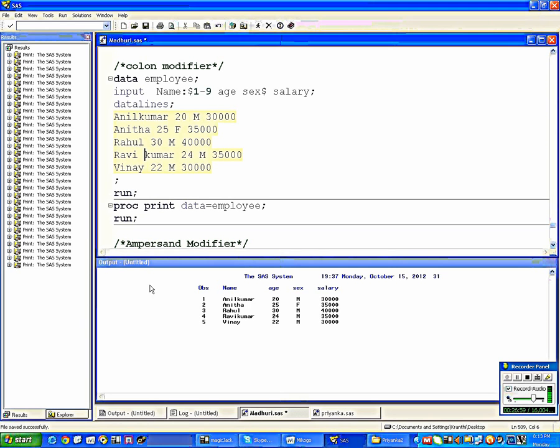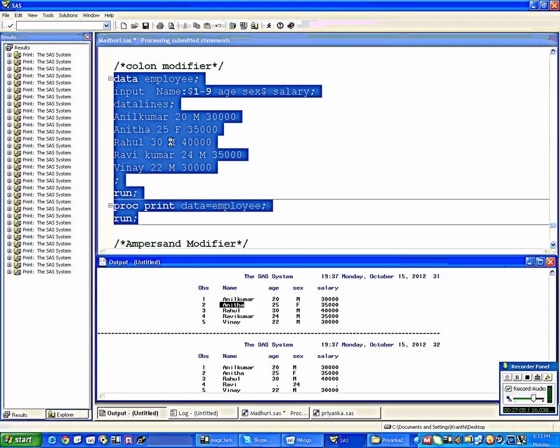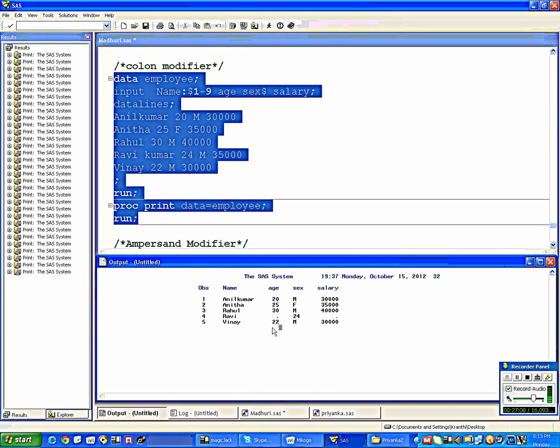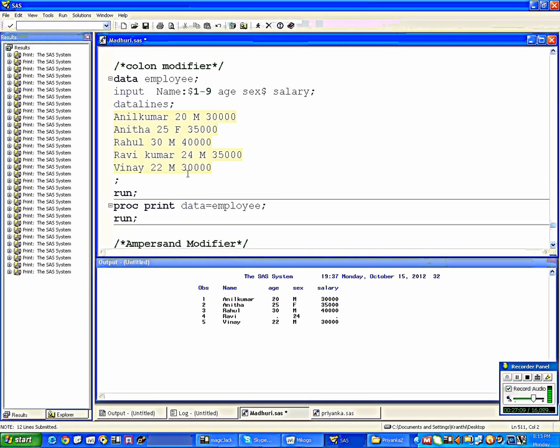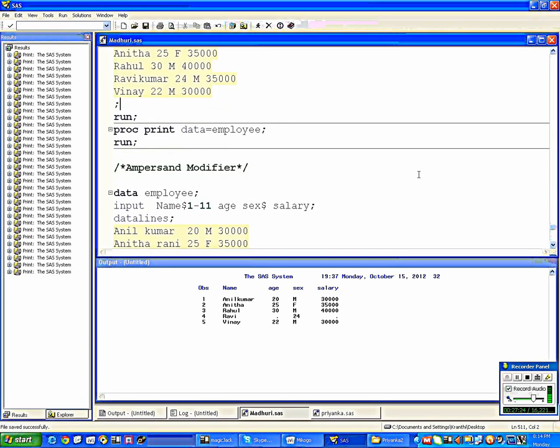After Vinay, there is a space. See, if I put a space after Ravi here, then it won't read the Kumar. It's reading up to the Ravi only, not the Kumar. Got it? The colon modifier will stop reading when it encounters a single space. So this is called the colon modifier.